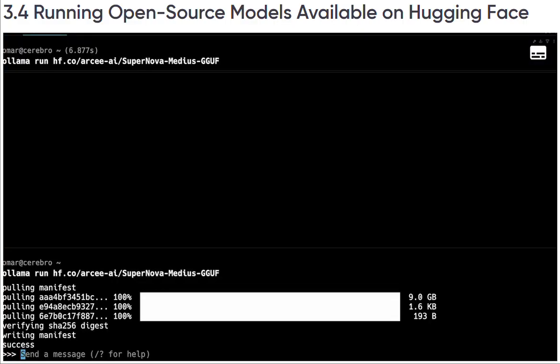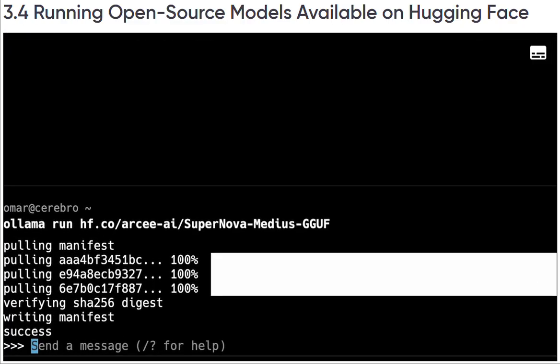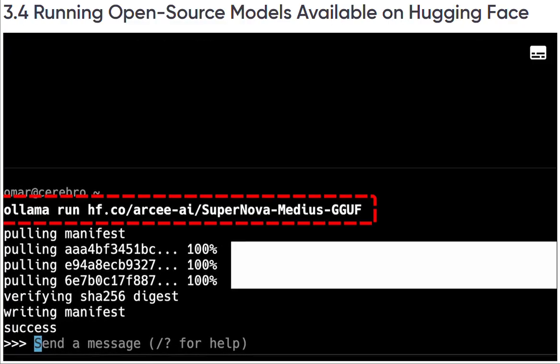So you can use any of the GGUF-based models created by the community and available in Hugging Face directly in Ollama. And to do so, the command is really simple. Basically, it's an ollama run, and you put the URL of the GGUF-compatible model in Hugging Face, just like you're seeing on the screen, and that's it. You can actually run it locally in your system with no configuration of parameters, no configurations of any additional libraries, and so on. And it cannot get any simpler than this. So this is how to run, or one of the examples of how to run a local model from Hugging